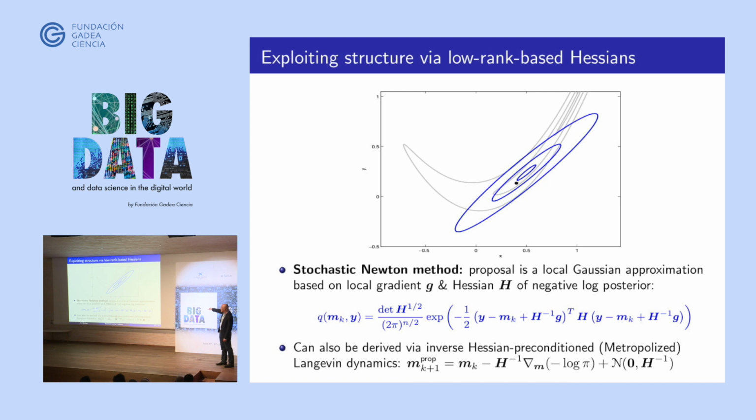So all of these computations can be done actually in a way that does not depend on the parameter dimension. One can invert H, one can find the determinant of the square root of H in order to compute the acceptance probability. One can draw samples from a Gaussian with H inverse as its covariance. All of that can be done once you've computed the low-rank approximation of the data misfit with just minimal linear algebra after that. And then the low-rank approximation of the data misfit portion of the Hessian is done by solving linearized forward and adjoint problems as many times as the data are informative about the model parameters. And I'll show you an example of that.